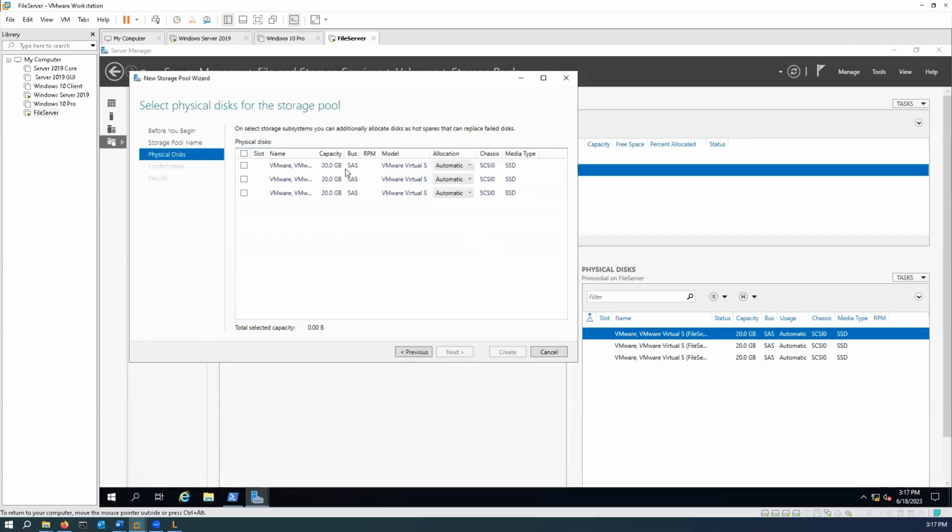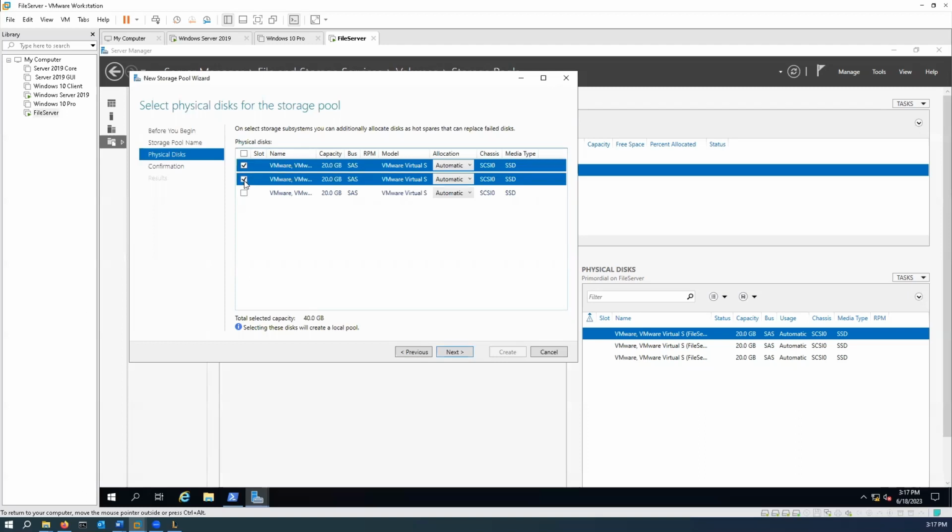Click next. It's going to show us all of the different disks that we have. So we have our disks 1, 2, and 3. If we click on our first disk, it shows us that we have 20 gigs compatible. If we click on both, we have now 40 gigs. If we click on all 3, we have 60 gigs. However, we can set this up to be an automatic disk, or we could set it up as a hot